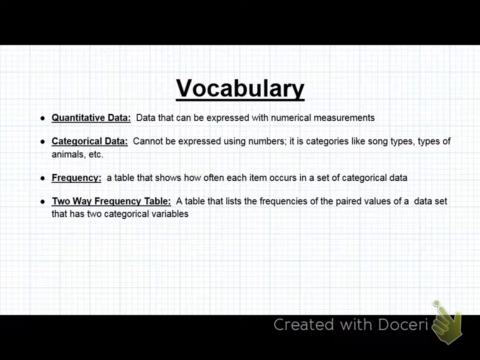All right, so categorical data is when we categorize things like shoe colors, or whether you like your shoes or not. Frequency is when I count things, like what's the frequency of black shoe lovers. I can count all the black shoe lovers. Two-way frequency table is when I combine things. Like, let's say I wanted to know all of my black shoe lovers, everyone who likes